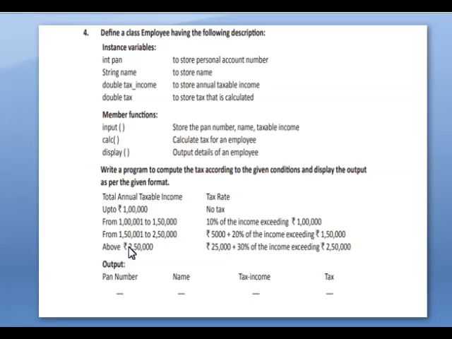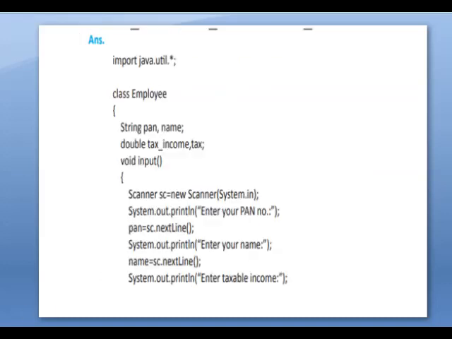If the total amount is greater than 1 lakh and less than or equal to 1,50,000, 10% of income exceeding. Like this you have to follow all the details and try to do the program by yourself. I solved it here, so you can see it once and after that you try to solve by yourself.